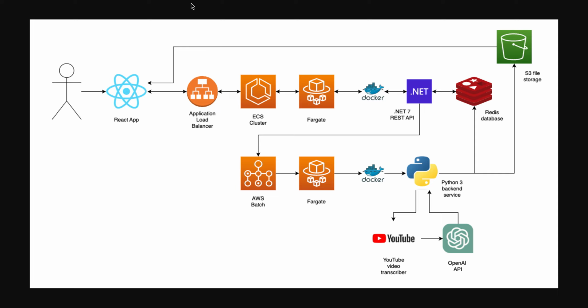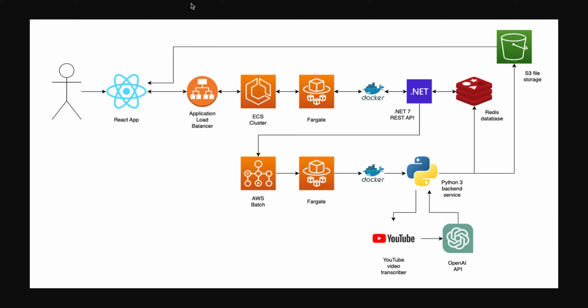So what we have here is the overall system and how it works. Starting from the left, we have the person, and he goes to our website, which is a React app, and it'll interact with a backend server or REST API, which is that first line, which goes through the load balancer, AWS ECS cluster running on Fargate, and we have our Dockerized API there. The user submits the URL, and then the API will make a request to AWS Batch to submit a job request, and that job runs behind the scenes asynchronously from the user, and runs a